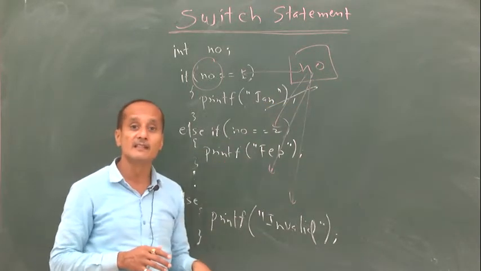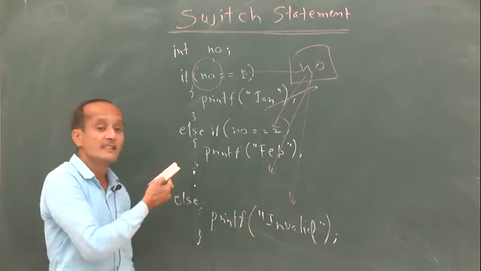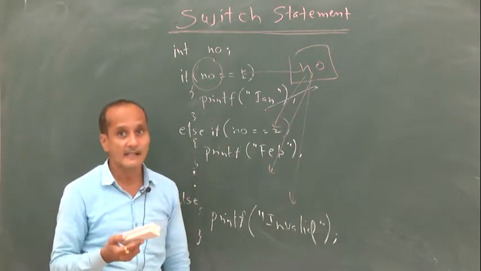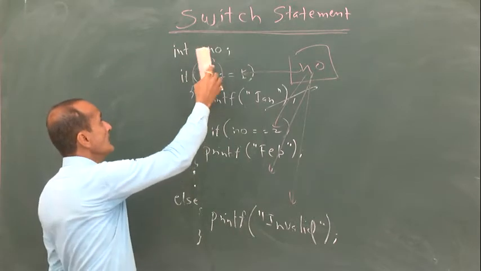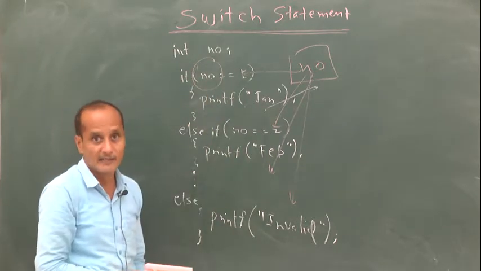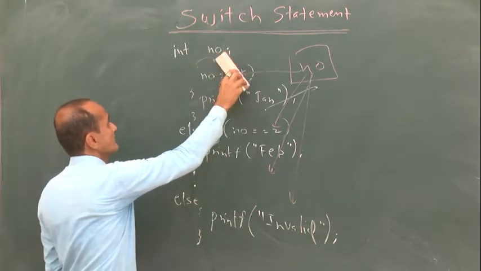Like that, if it is there, we can easily use a switch statement so that we convert this same logic into switch statement syntax. What you just have to do is, rather than saying number equal to 1, number equal to 2, number equal to 3 so many number of times, you just simply say case,